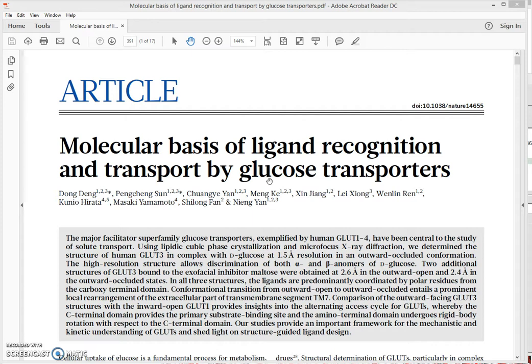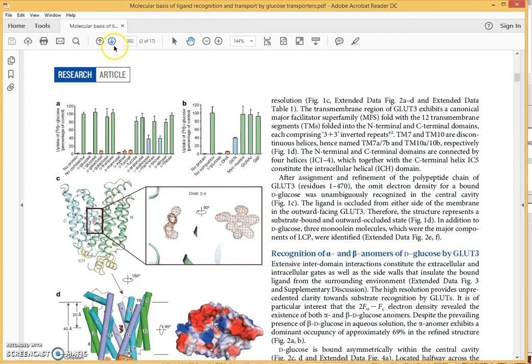represented. This video is specifically looking at the water and a couple of the transmembrane spanning helices, as we'll see from this article, Molecular basis of ligand recognition transporter glucose. So it's the crystal structures that were posted from this study by this group are the ones that we have used for the simulation. And we go here to page